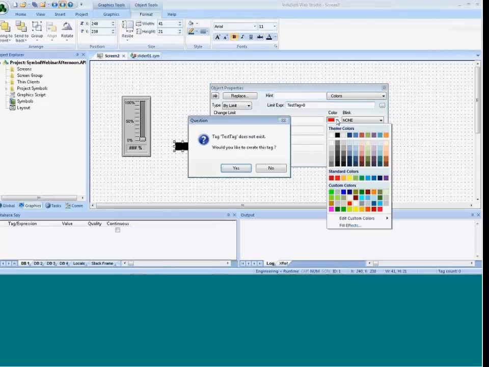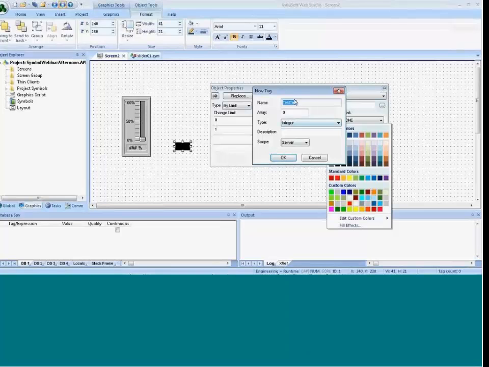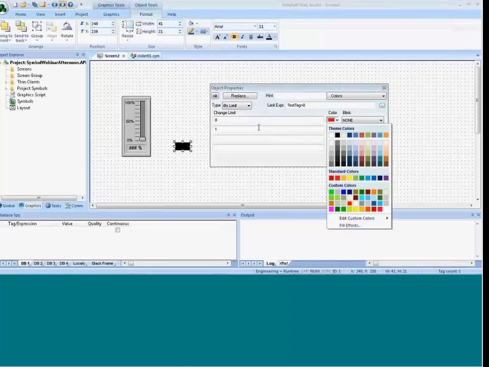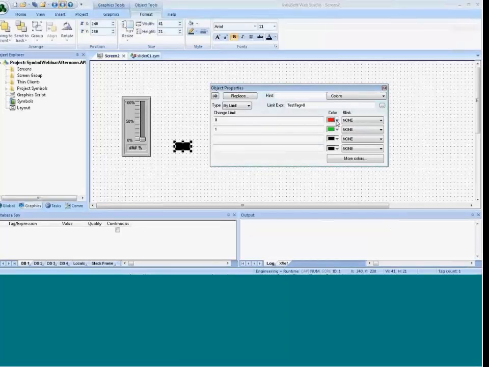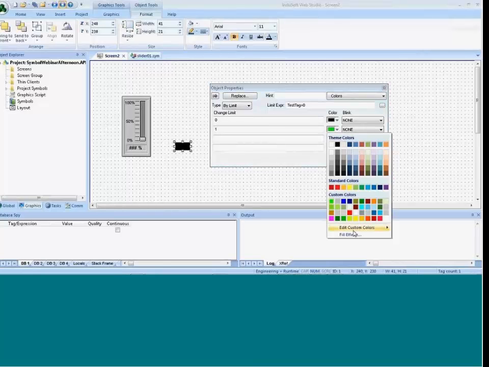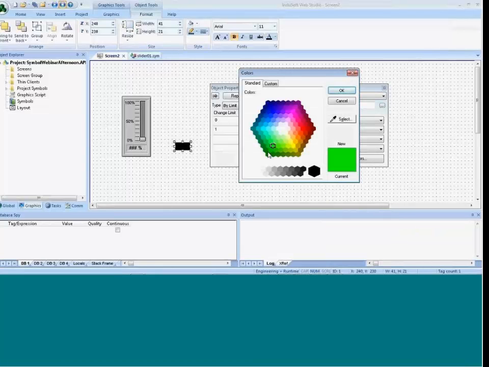First of all, that tag doesn't exist, so we're going to make that an integer. And I'll make this black when it's off and then green when it's on. In this case, I'm going to have 10 of these stacked on top of each other. So I'm going to use these custom colors here, and go from a darker green to a lighter green to a yellow to an orange to a red for all 10 of these, and that'll create a nice graduated